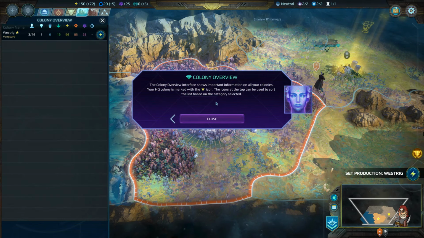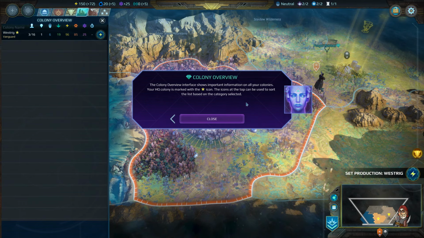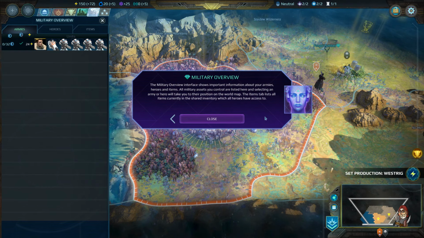The colony overview interface shows important information on all your colonies. Wow, okay, apparently we can have lots of colony cities. Your HQ is marked with the throne icon. That's pretty cool. I'm really digging the 4X aspect of this. I actually thought it would be minimal, but it seems like maybe the 4X part is a pretty big deal. The military overview interface shows important information about your arms, heroes,